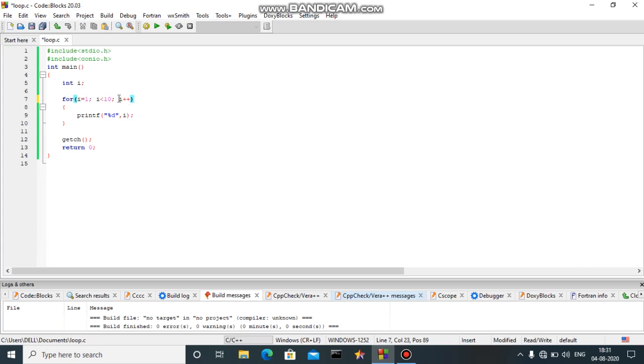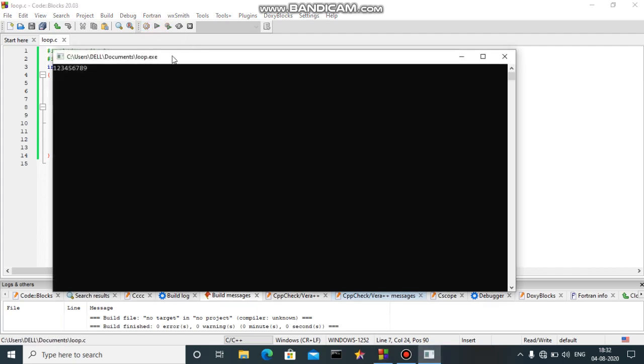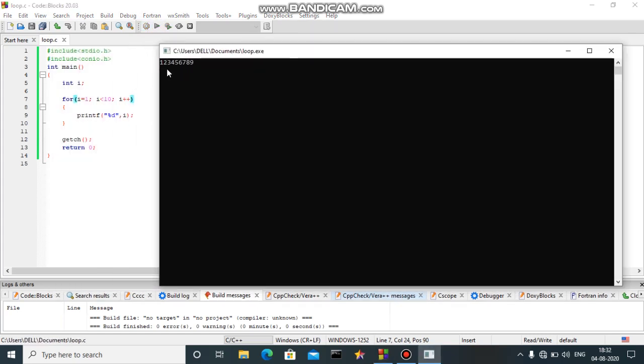Then we have to separate all these 3 blocks by using a semicolon. After that, in the curly braces, we'll provide the body of the for loop. That is, I have provided it to print the value of I. So let's compile this program. After running, you can see the same output, that it will start from 1 and end at 9. When the value of I will be 10, it will exit the loop and the program will be exited.